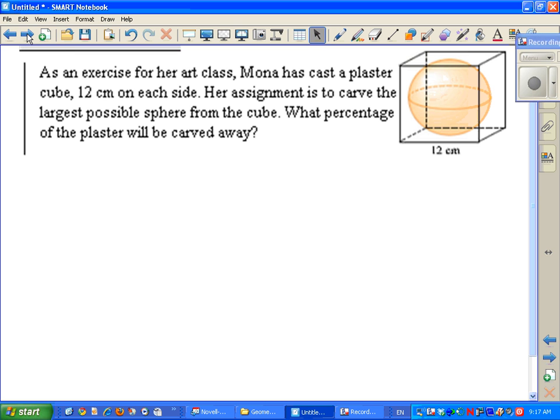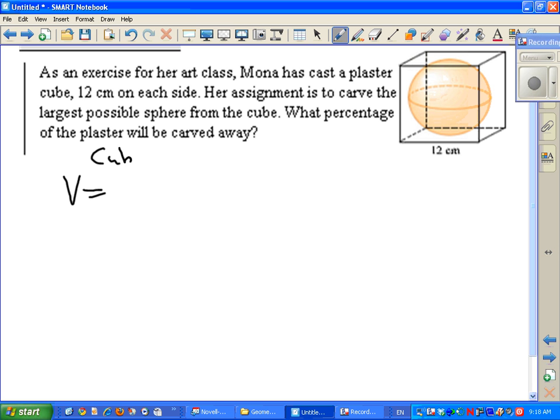It says, as an exercise for our art class, Mona has cast a plaster cube. So there it is on the right-hand side. It's 12 centimeters on each side, so each length, width, height is always 12. And she needs to carve the largest possible sphere from the cube. And the question is, what percentage of the plaster will be carved away? So what percentage of that cube will be wasted? So if we first of all find the volume of the cube,